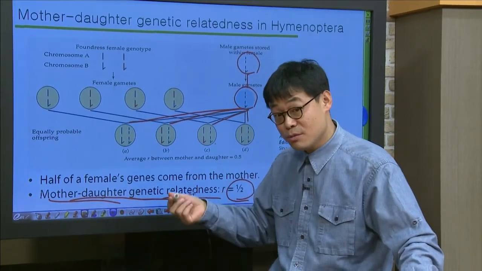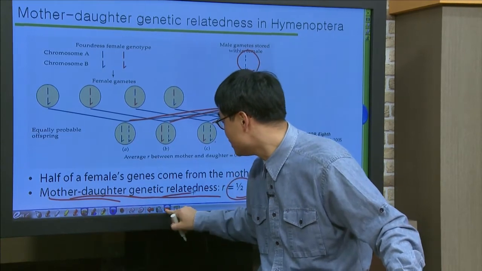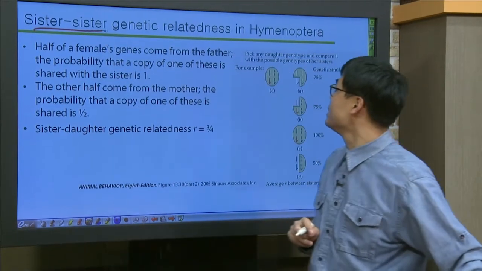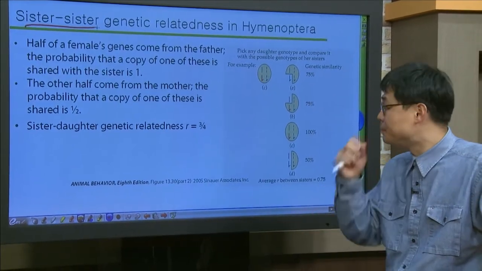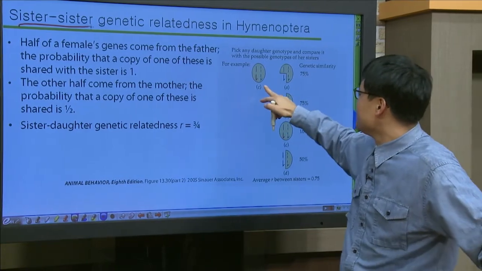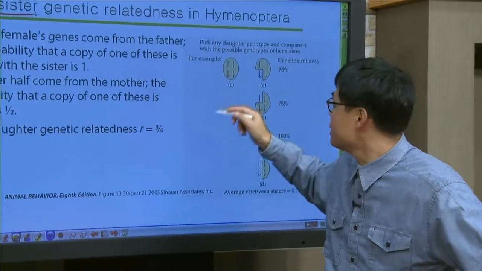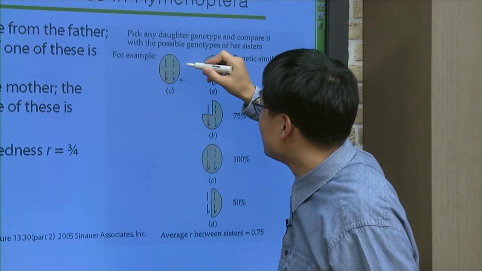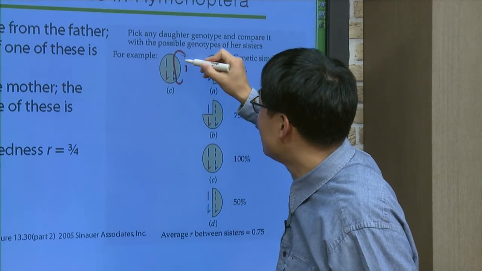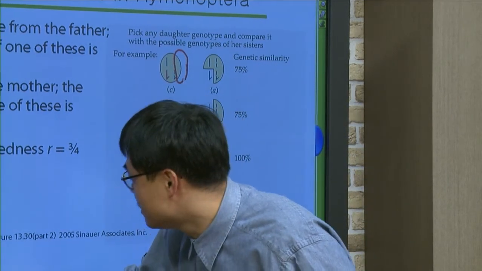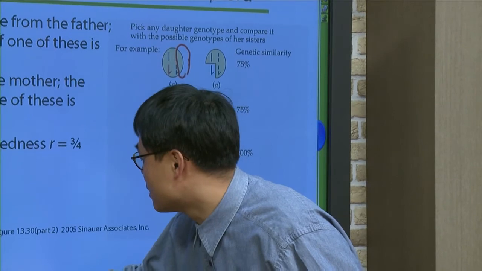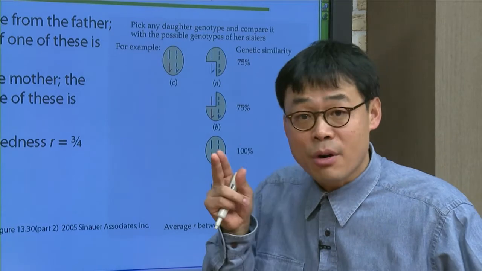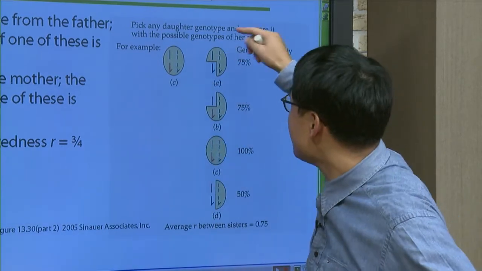It's the same as in humans, but it's very different from sister genetic relatedness in Hymenoptera. Okay, let's say this is you, a sister. It's a diploid, and this set of chromosomes, this one here. Okay, this is the dotted chromosome. This is from the drone, and this one is the same as